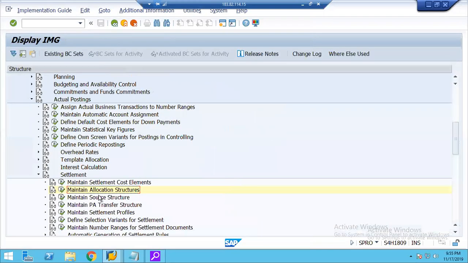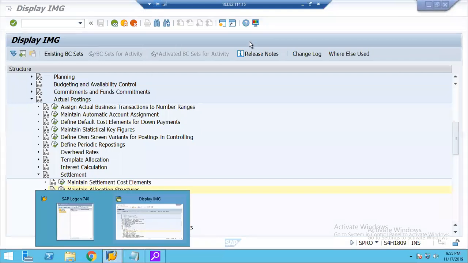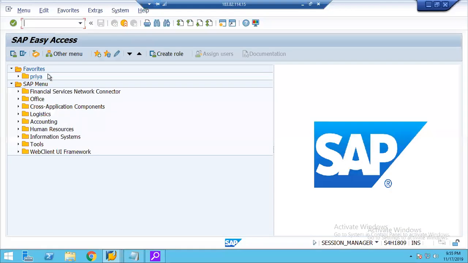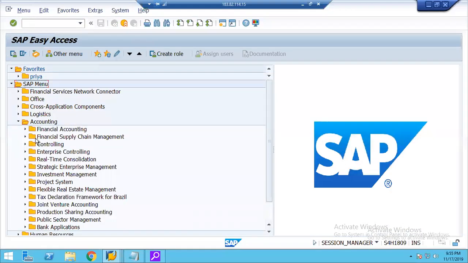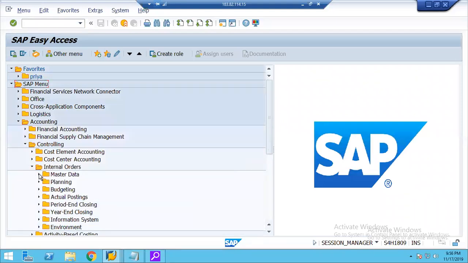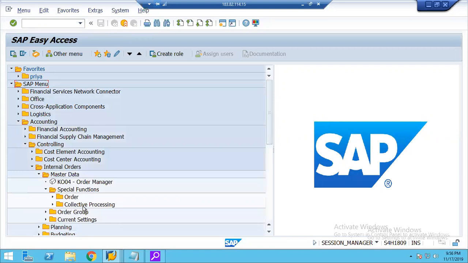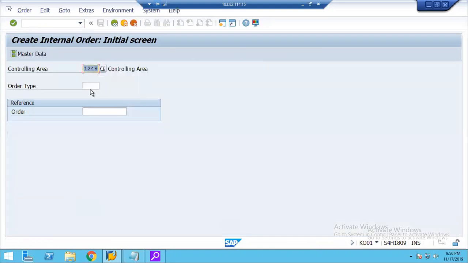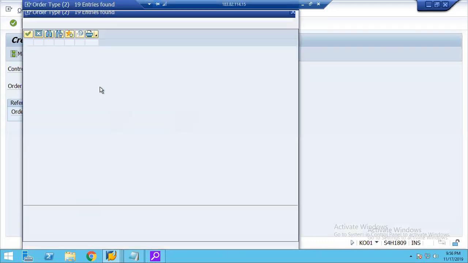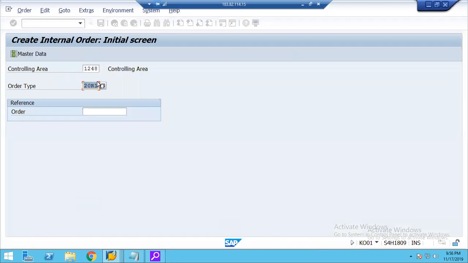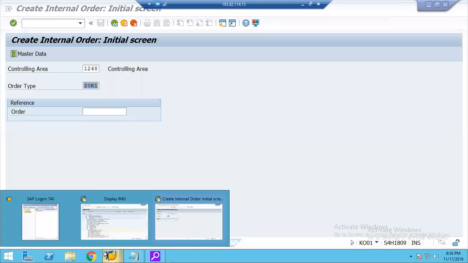Suppose using this, now if I want to create any internal order, KO01 is the internal order master data creation. Okay, KO01. And here we will be selecting the order type 20R1. Okay, so this order type 20R1,